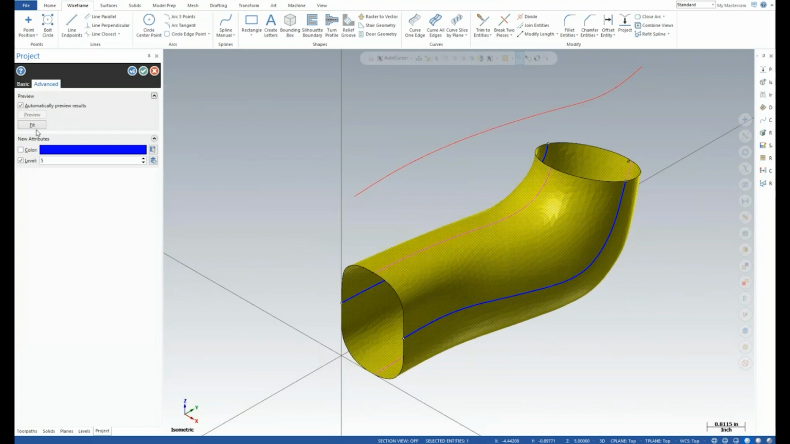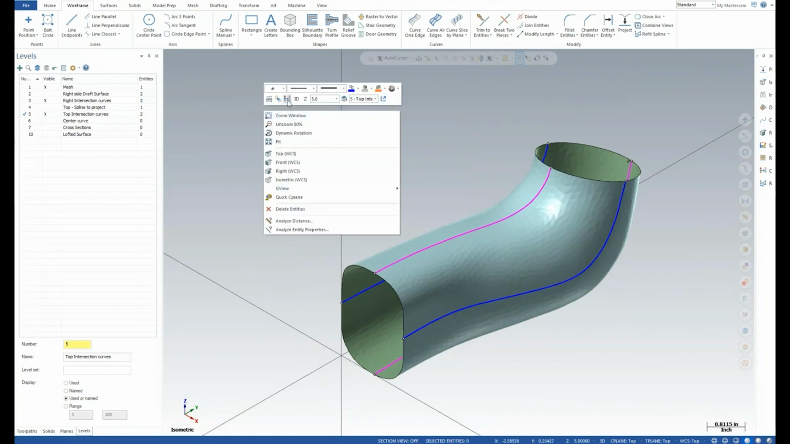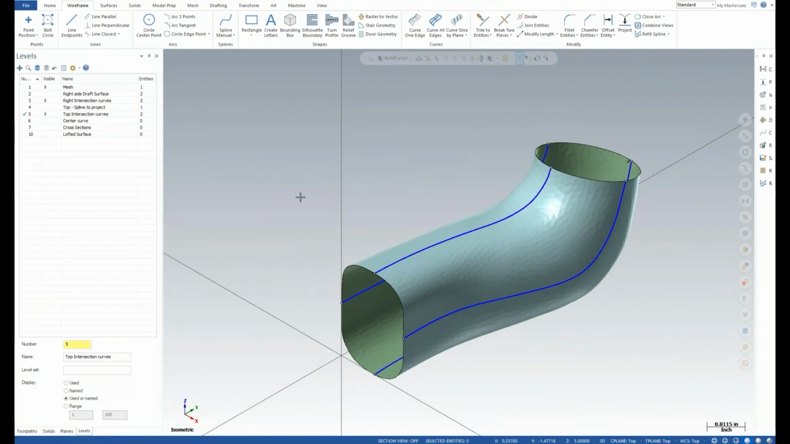So there they are projected. I want to make sure they're going to my active level, which is 5. And so we've got that done. So right away you see that in Mastercam 2022, we've increased a lot of support for our intersection functions, our curve functions to work with mesh entities, which is an important thing when you're trying to get a model ready